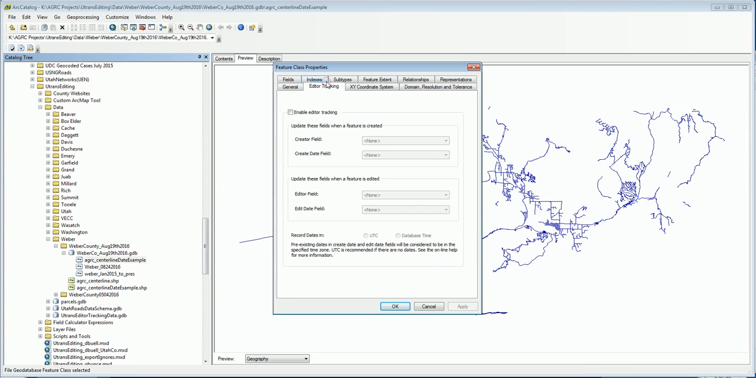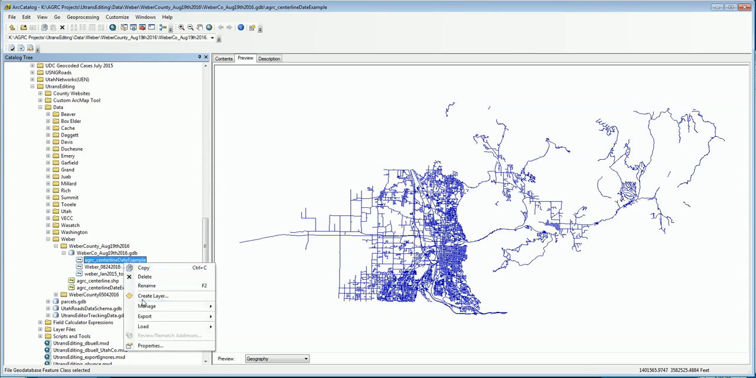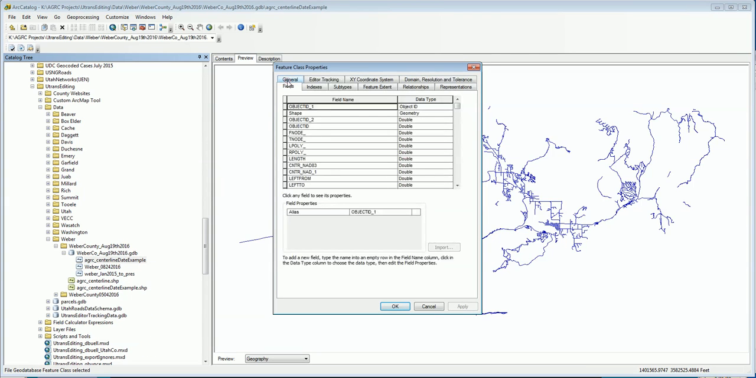And you can see there's an editor tracking tab, and it needs a creator field, an editor field, and then it needs two date fields, one to capture when the edit was happening and then one to capture when the feature was created. So we'll have to just go in here, right click on here again, go down to properties, into the fields tab, and I notice there are no date fields in this feature class. There's a field called sDate, but it's text, so that one could be calced over to this date field that I'm creating right now. So I can just type in sDate,